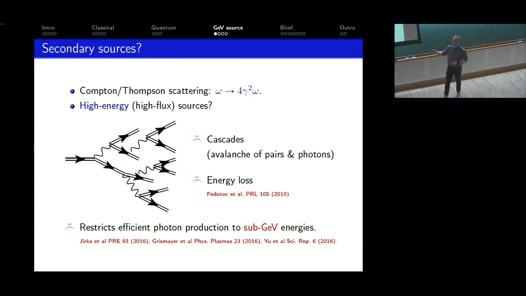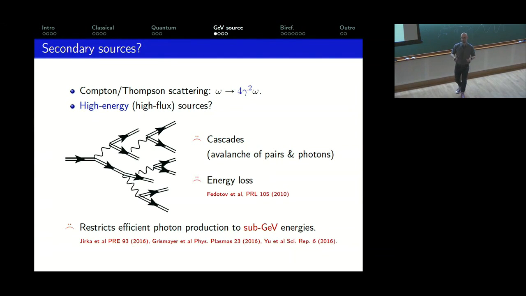Alternatively, this cascade can happen so quickly that your laser is depleted. You might get a few high energy photons coming out, but certainly not enough to call it a source, not enough to be useful. And then, of course, there are the energy losses implied by radiation reaction. You've sent your particles in with nice high energy, with gamma. By the time they actually get into the hot part of the laser pulse, they've lost a lot of their energy. Your effective gamma goes down, and you don't get the kind of high energy photons coming out that you want.